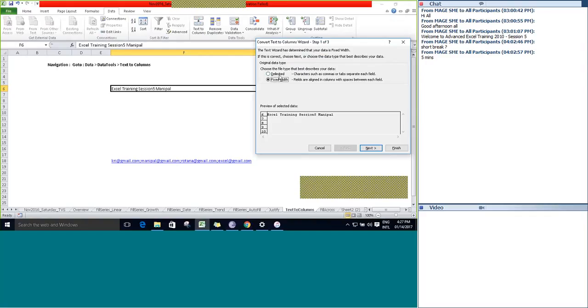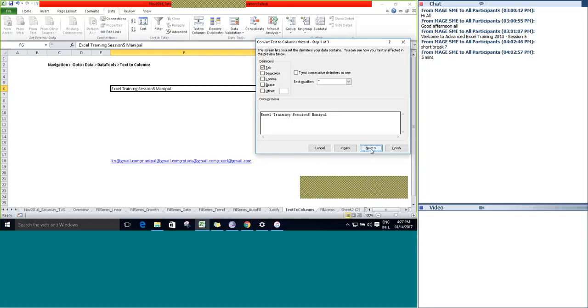Here you can see Delimited or Fixed Width. If I go with Delimited and click Next, it will ask you what the delimiter is for each string in this particular cell value.